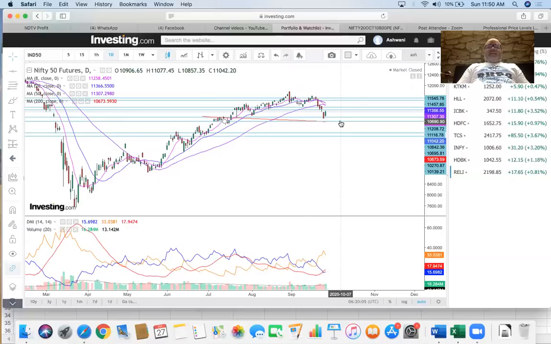Then you have this zone here, which is about 11,690 to 11,872. And finally, you have this 10,150 to about 10,280. Whether or not these levels come, it's nice to have them plotted, because the issue is